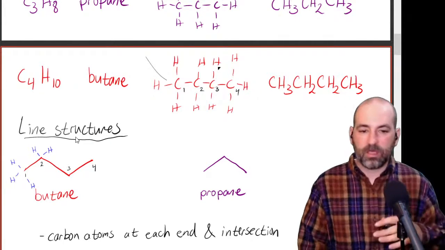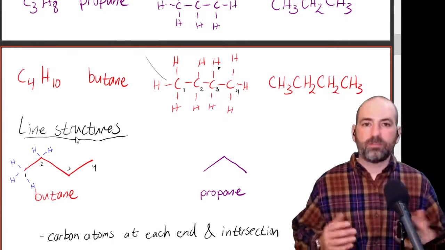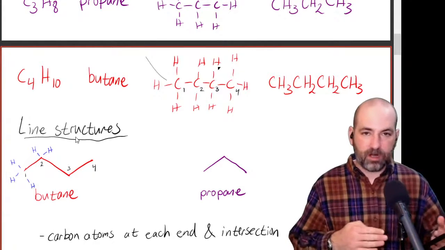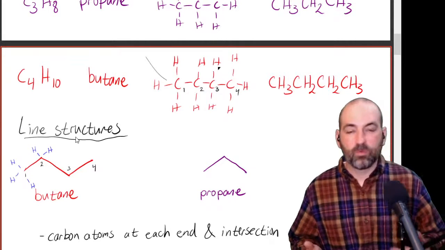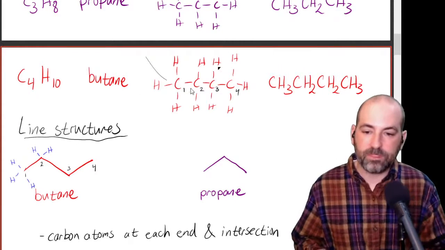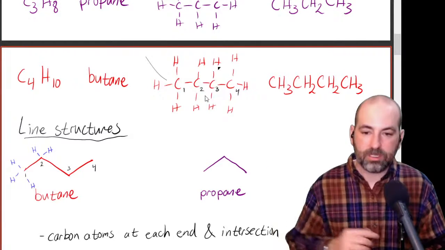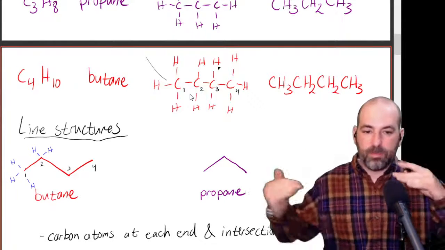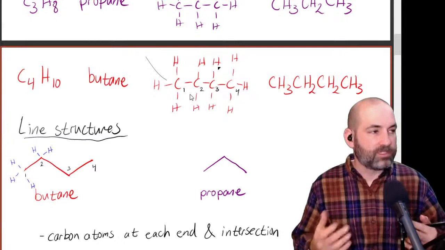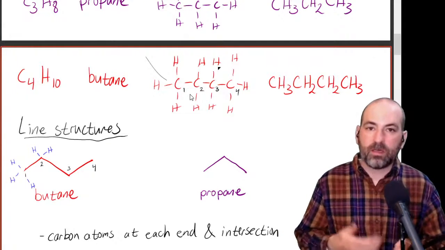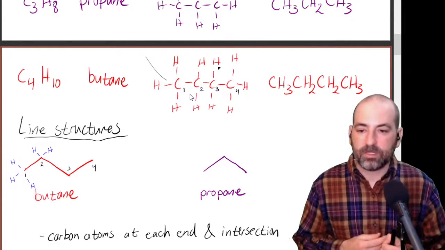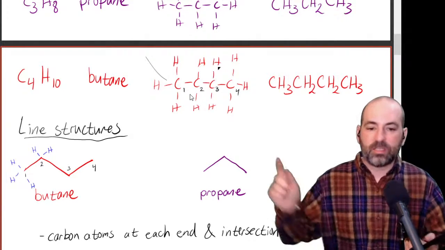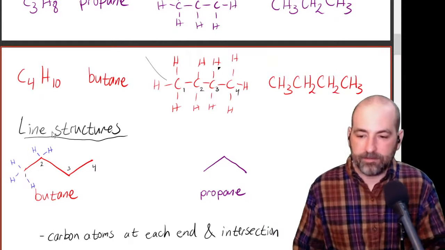Now the angles, not only do they help us to determine where the carbons are, but they also better reflect the real angles of the structure, because we know that these are all tetrahedral geometries. And so they're not really straight in a line like that. They actually would be bent. And if you ever have a chance to play with some models, I'll have some in lab on Wednesday if anybody wants to check them out. You can see that the 3-dimensional structure here actually does have that zigzag type pattern.